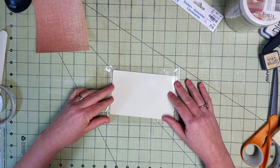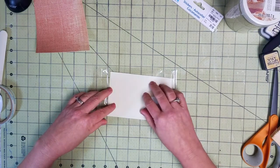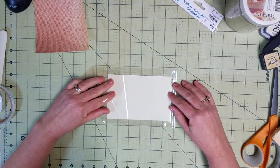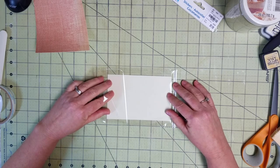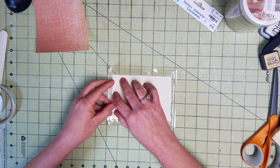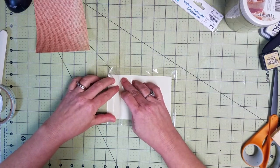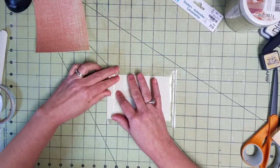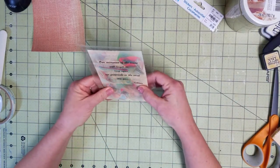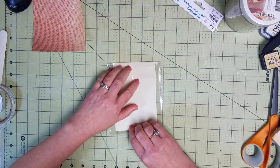All right. Pull this a little closer to me so I can see what I'm doing. Get the bag lined up. Okay. Now everything is pretty straight. That's better. Okay. Now, before it has a chance to move much,